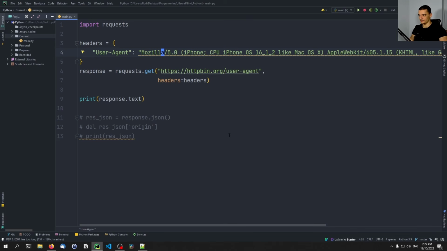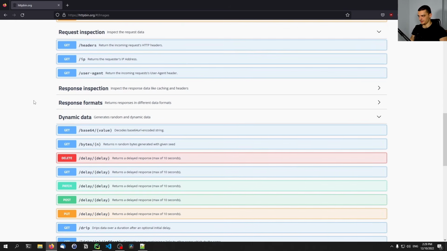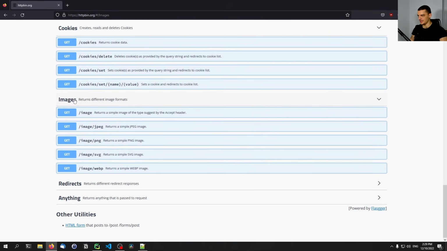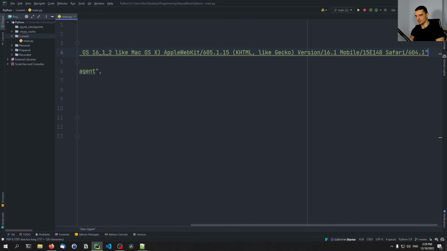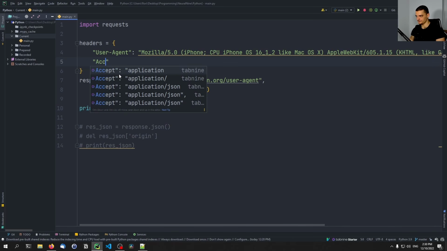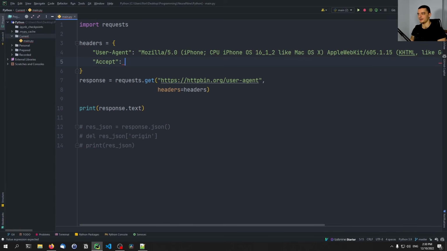So for example, we can also specify what kind of content we accept, and this can be quite useful when we download images, for example. So if I go down here, we have an endpoint image, which returns a simple image, and the type of the image, unless we go for a specific endpoint, is going to be suggested by the accept header. So this is something that we can also specify in the header. We just have to say accept, and then I can specify the file type of the image that I want to download. So for example,